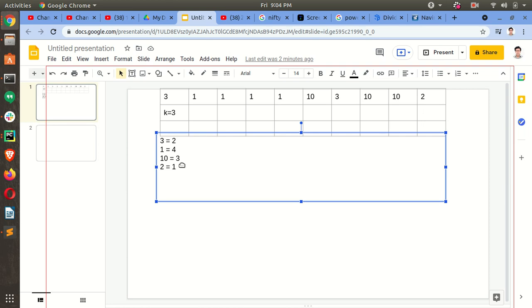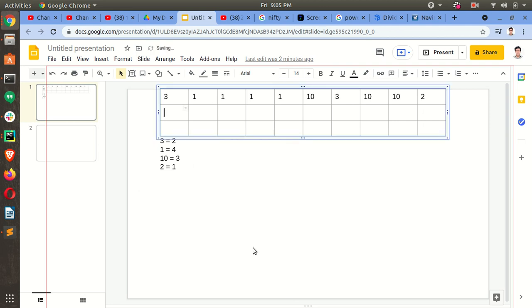First we will check how many numbers there are which are equal to 3 or greater than 3. That will be our one solution.